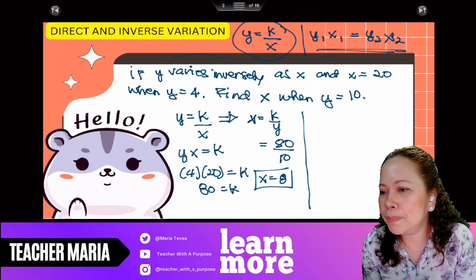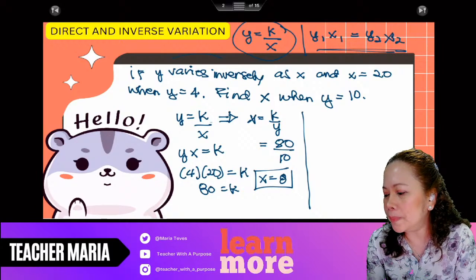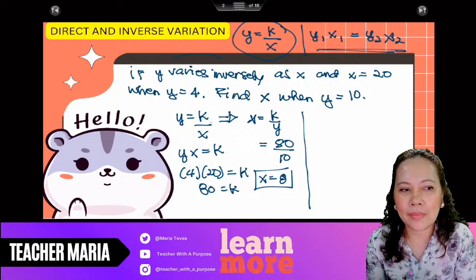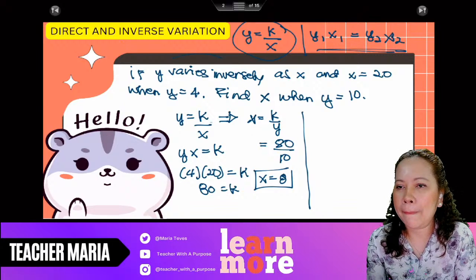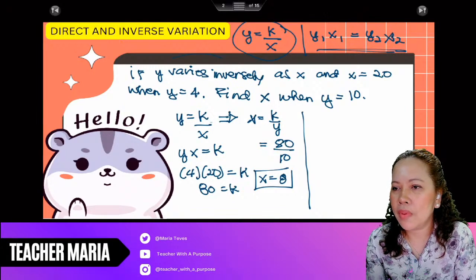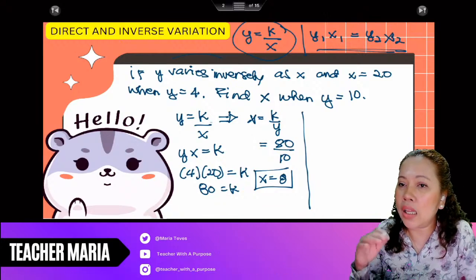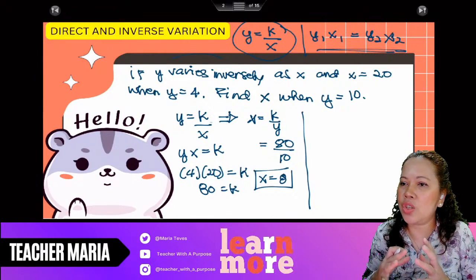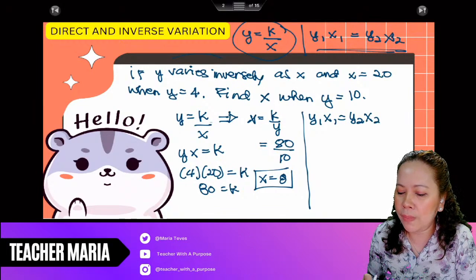Okay? Question so far? Any question? I'll show you as well if it is the relationship between x and y together. So you have y1 x1 equals y2 x2. So y1 is 4, x